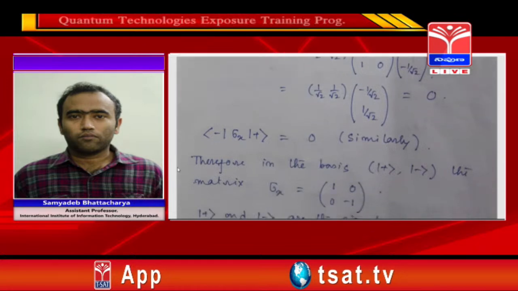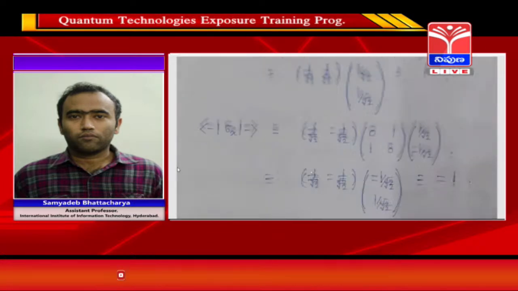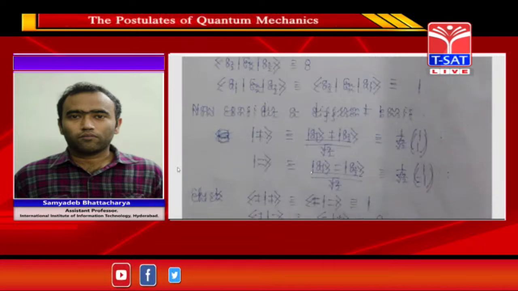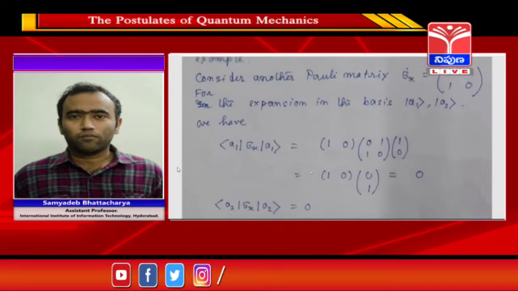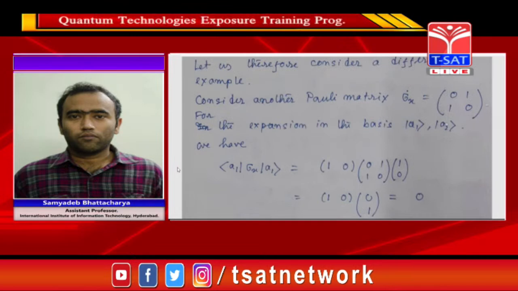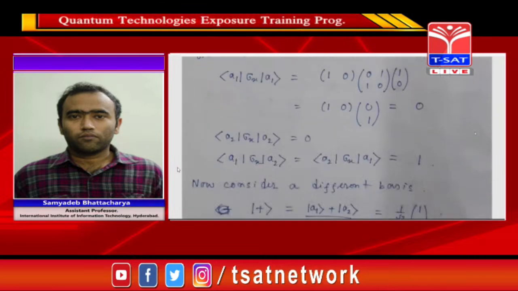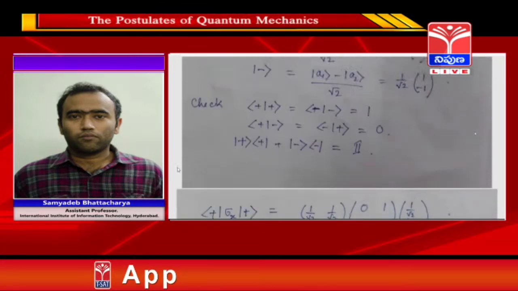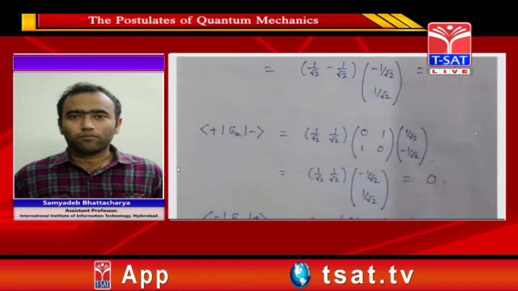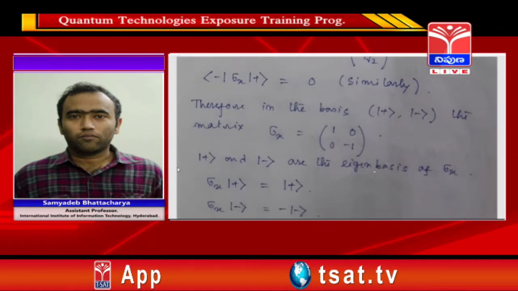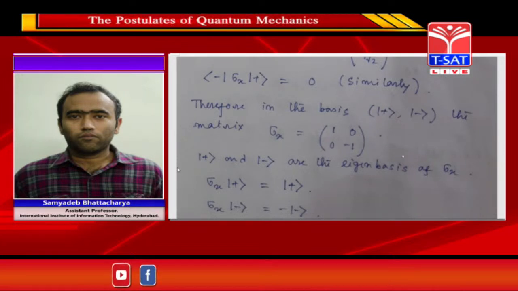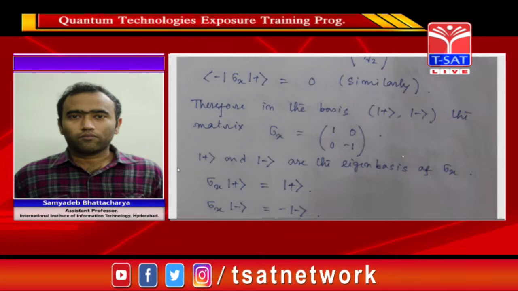So this sigma x matrix, which in the basis of A1, A2 was 0, 1, 1, 0, in this new plus minus basis exactly looks like the sigma z matrix previously, which is 1, 0, 0, -1. That is also understandable because this plus minus orthonormal set of